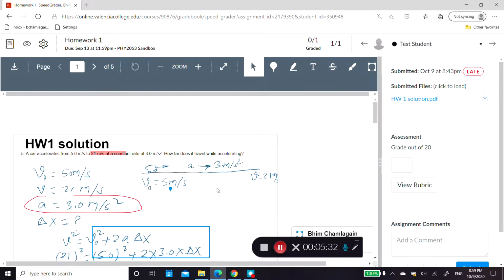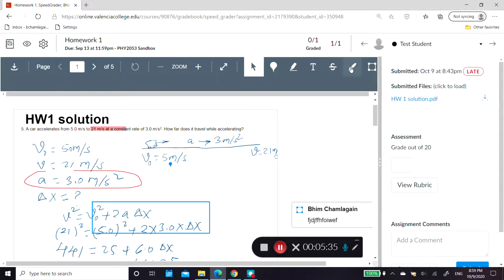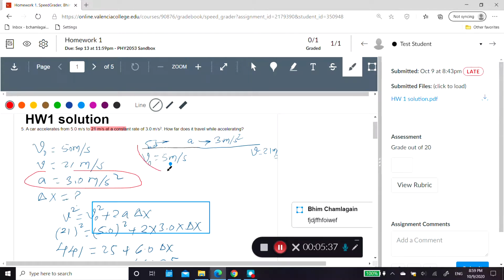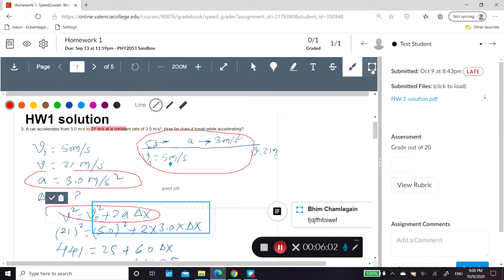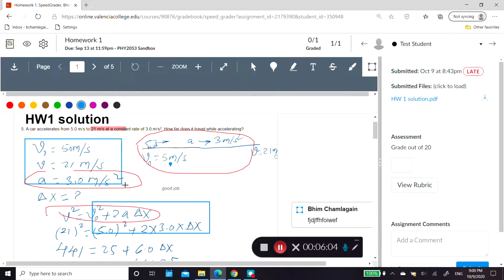I can use this tool to select the sections I want to highlight, or I give comments in text, whether it's a good job, or what's wrong, or what the student has to do, or what is missing, or which formula is wrong, or what they are doing right. Sometimes I select a specific section to highlight and leave a comment.